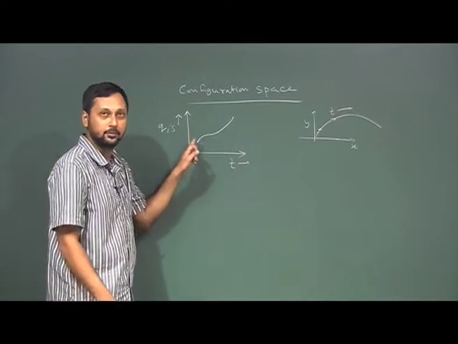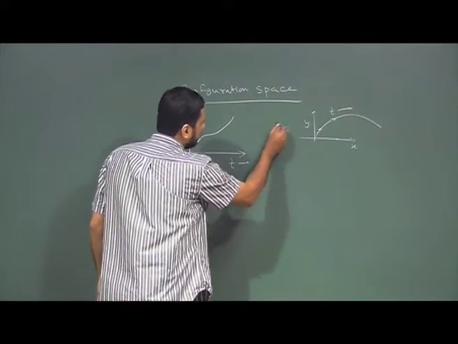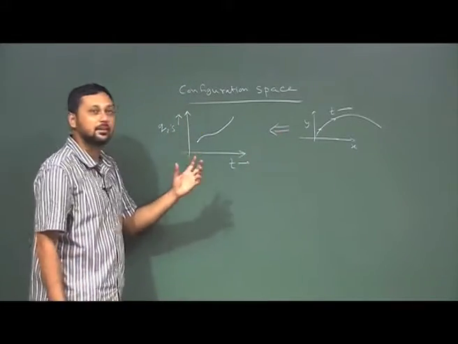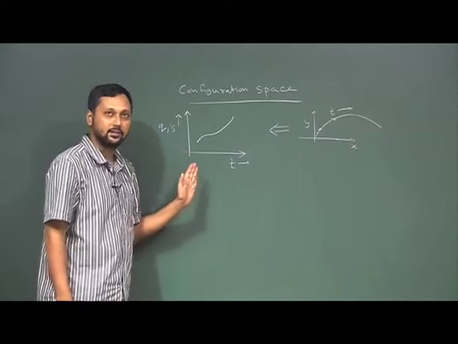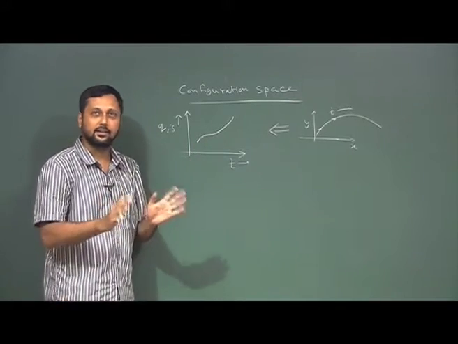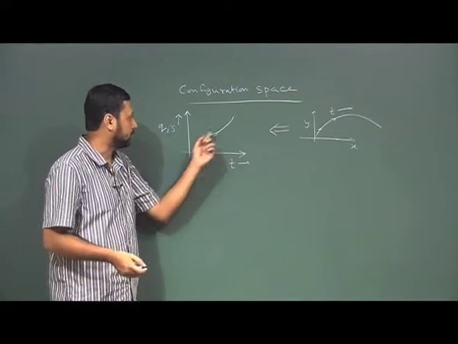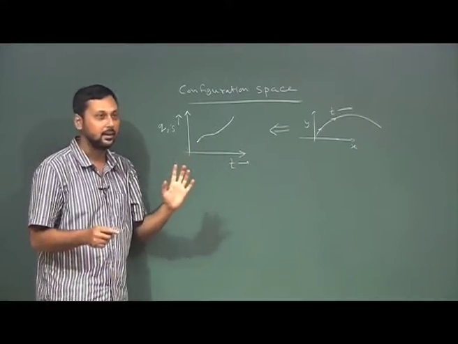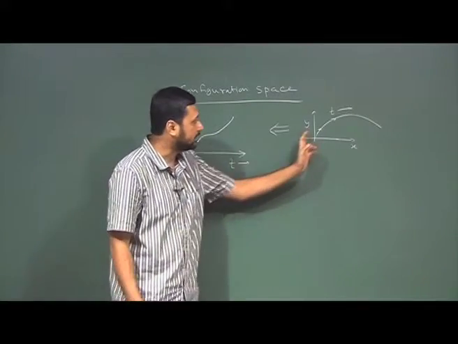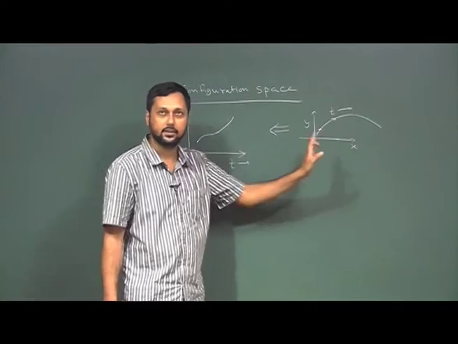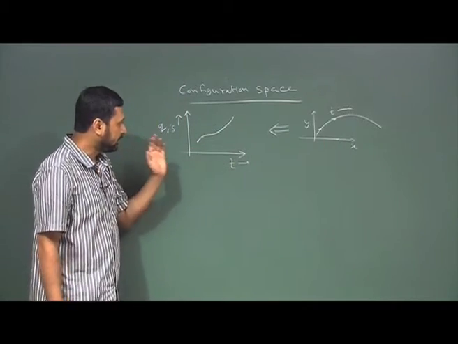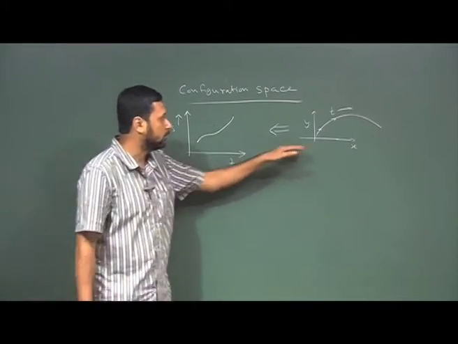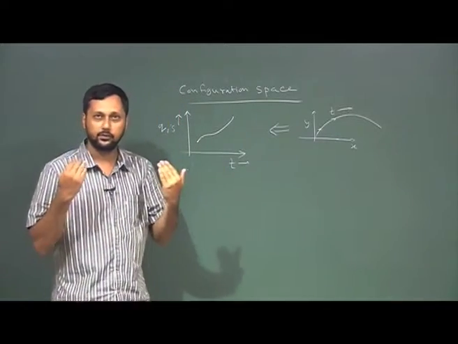I do not know if I can give you a one-to-one description of this picture and this picture, because it is very difficult to plot a variation of x and y together into one axis. I just took a general example; it does not directly correspond to this. We are familiar with trajectories where the coordinates change as a function of time, and here we draw both x and y coordinates, which is easy for visualization.